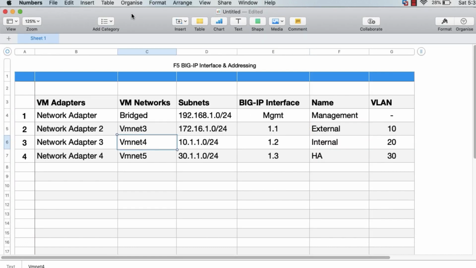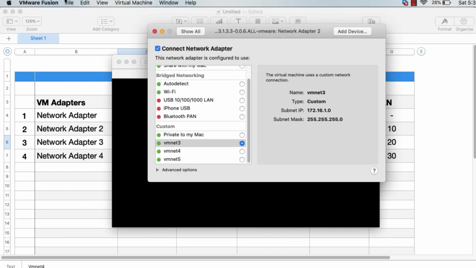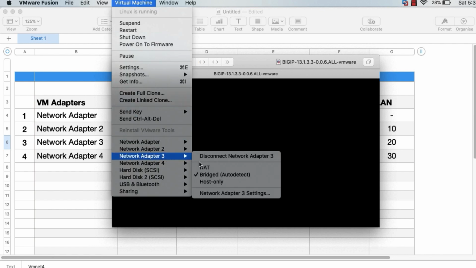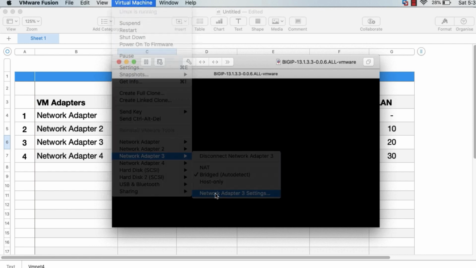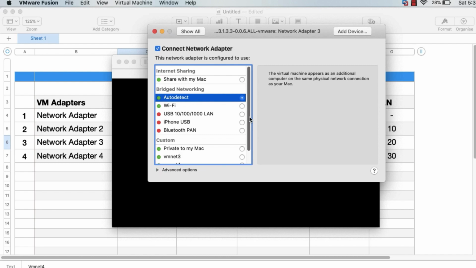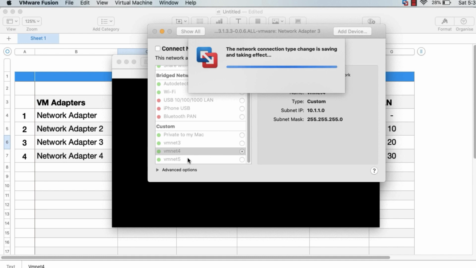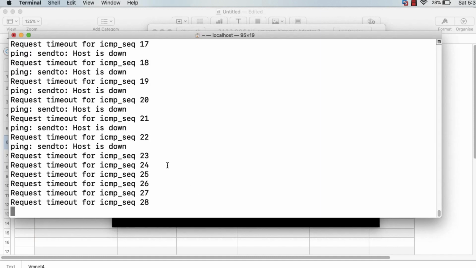Now I'll check for VMnet 4. Click on VMware Fusion. I'll close it. I'll go to network adapter 3 settings, and I need to map it to VMnet 4. Okay, I should have also checked the MAC address. Let me verify that for you.